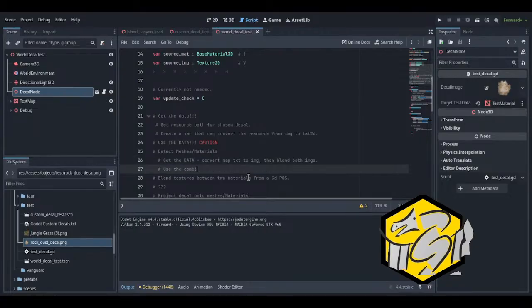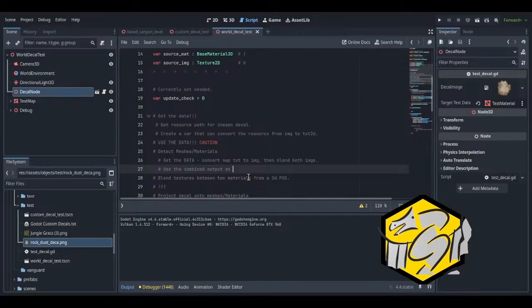Use the combined output to new. Problem is, how would I do that simultaneously for multiple decals? Because they all have different positions and they would all run at different times.